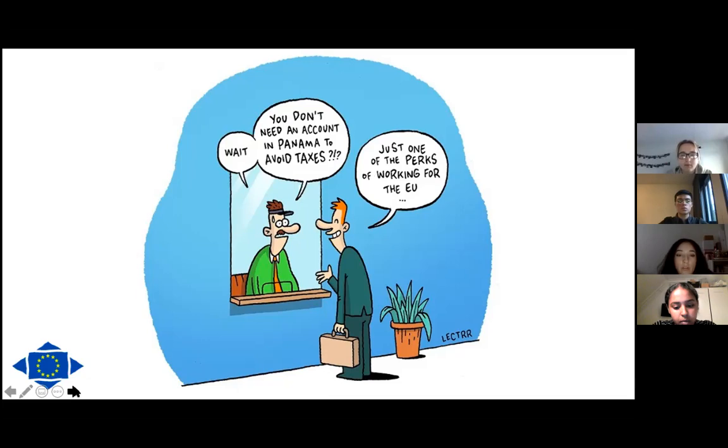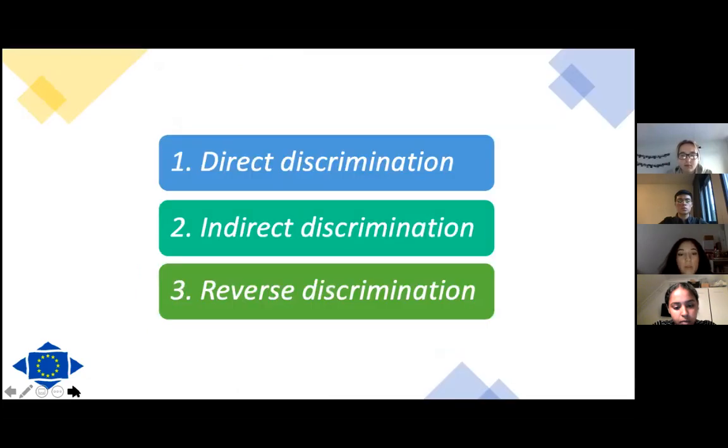Furthermore, as mentioned before, there are three types of fiscal discrimination, not physical, my bad. Direct discrimination, indirect discrimination, and reverse discrimination. Reverse discrimination occurs when a member state imposes a greater tax on items destined for export than on the same or comparable items sold on the local market. This is quite uncommon as most countries want to export as much as possible.